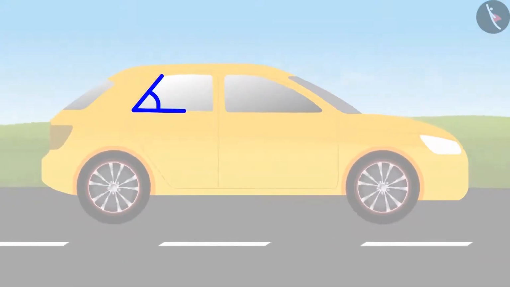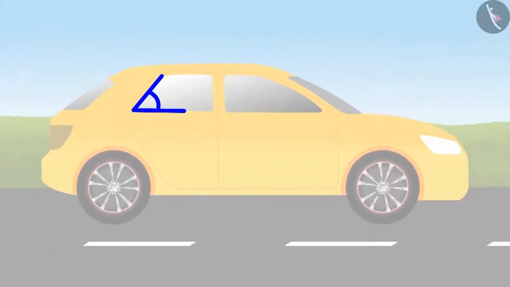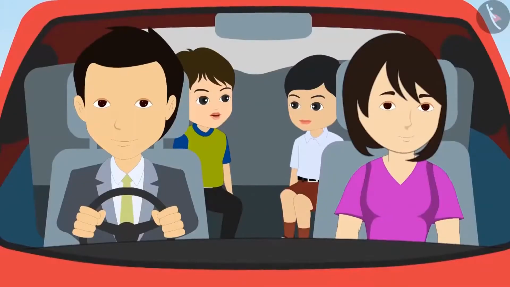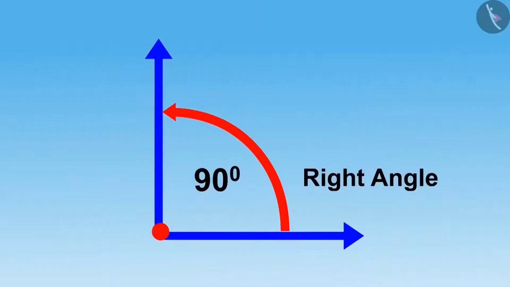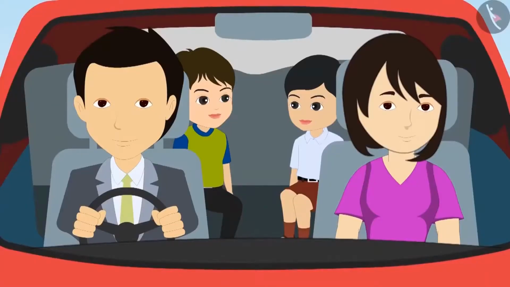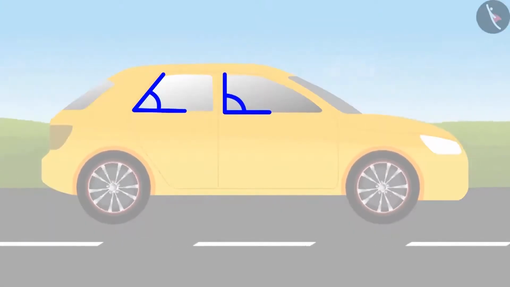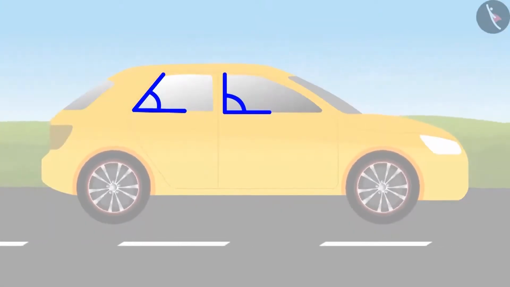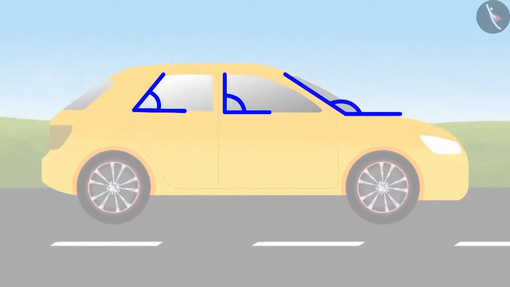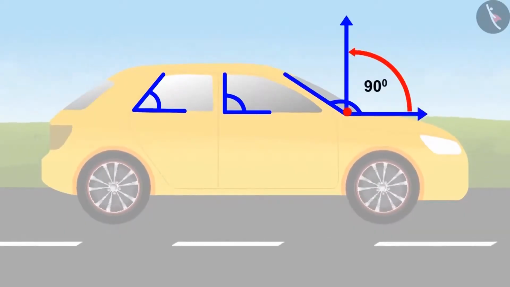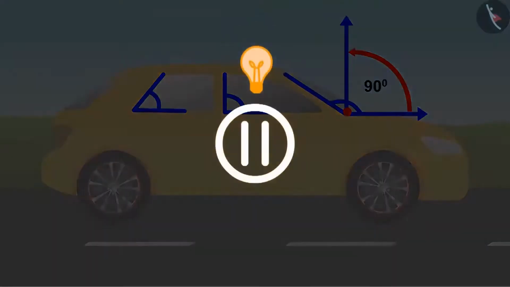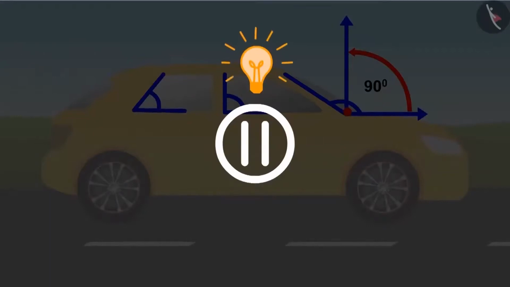Hey, Bholu, how can you say this is smaller than a right angle? Because, Dholu, this angle is not like L. Remember, right angles look like L. Yes, I remember. Let's come back to the car. In the front window, I can see an angle which is equal to a right angle. And between the front part of the car and the front glass, there is an angle which is larger than a right angle. You can stop this video and try to find out more angles here.